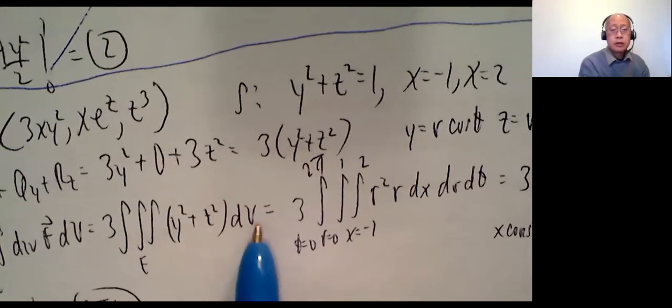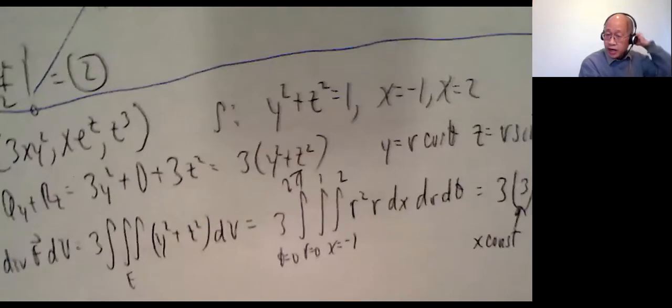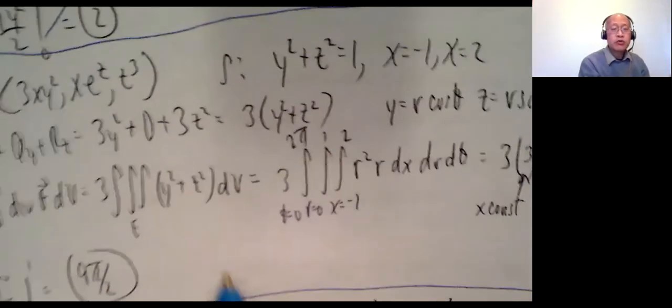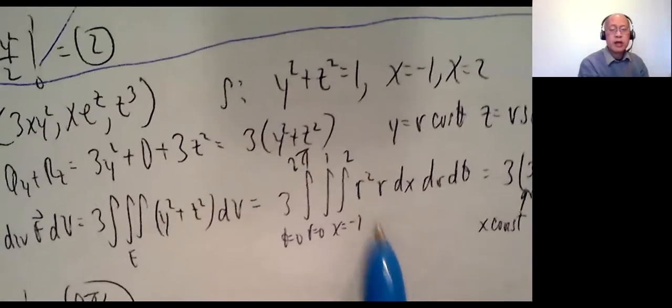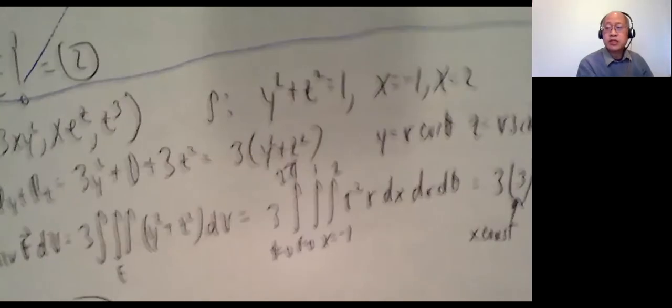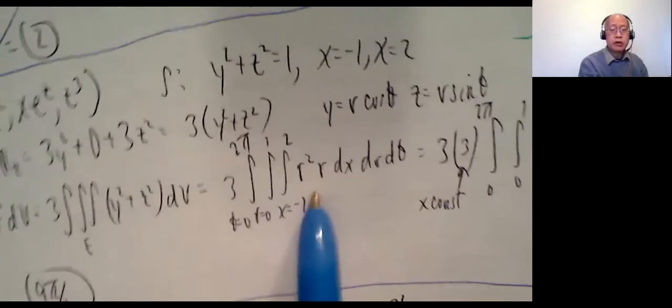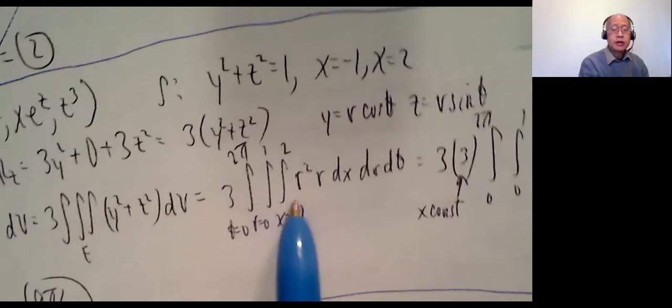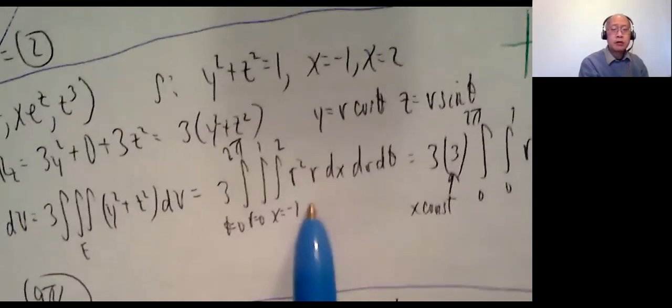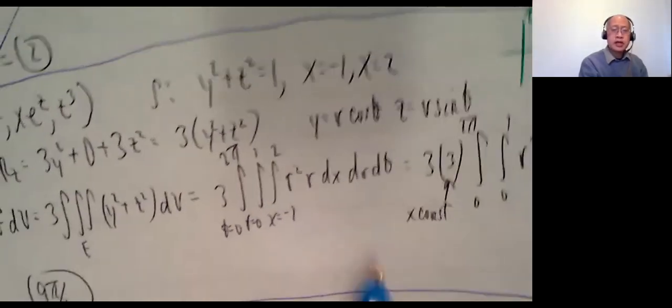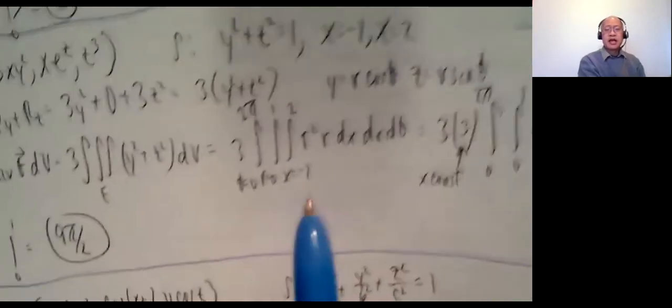Okay. So in the yz plane, y squared plus z squared is r squared. You're probably used to x squared plus y squared equals r squared. But in the yz plane, again, y is playing the role of x, z is playing the role of y. So y squared plus z squared is r squared. And then you might recall for cylindrical coordinates, it's r. We're used to saying dr, d theta, dz, but in this case,